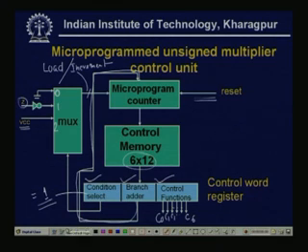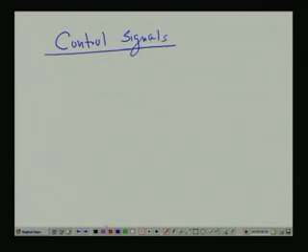Now, see what are the control signals. So, these are the 7 control signals